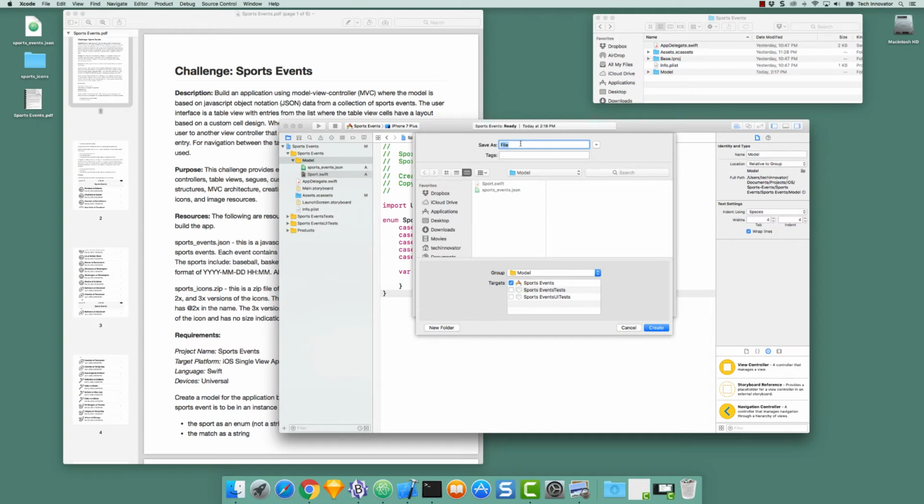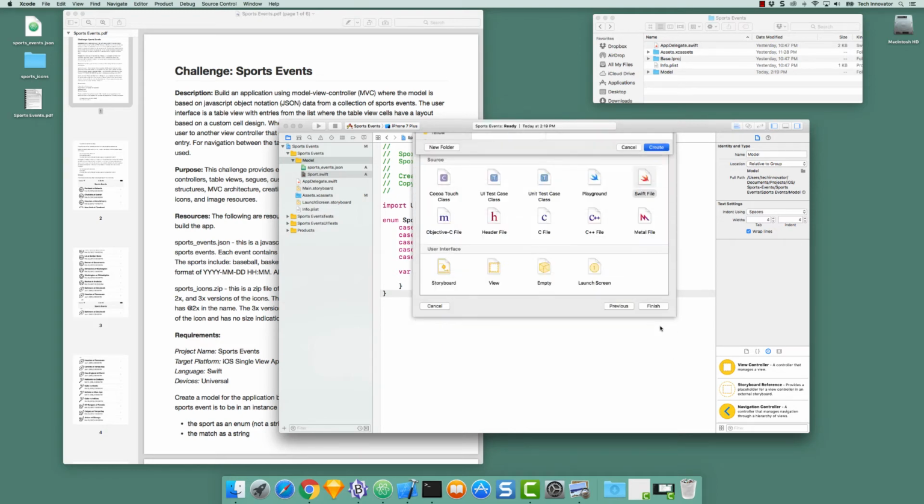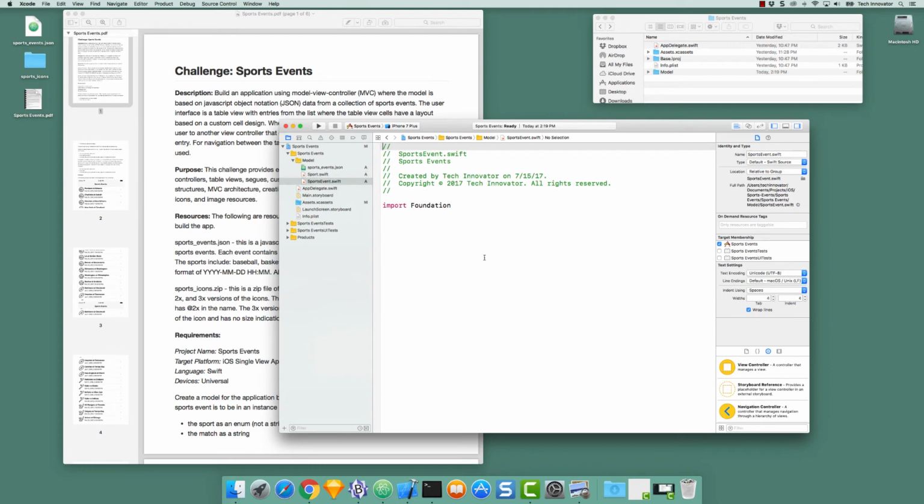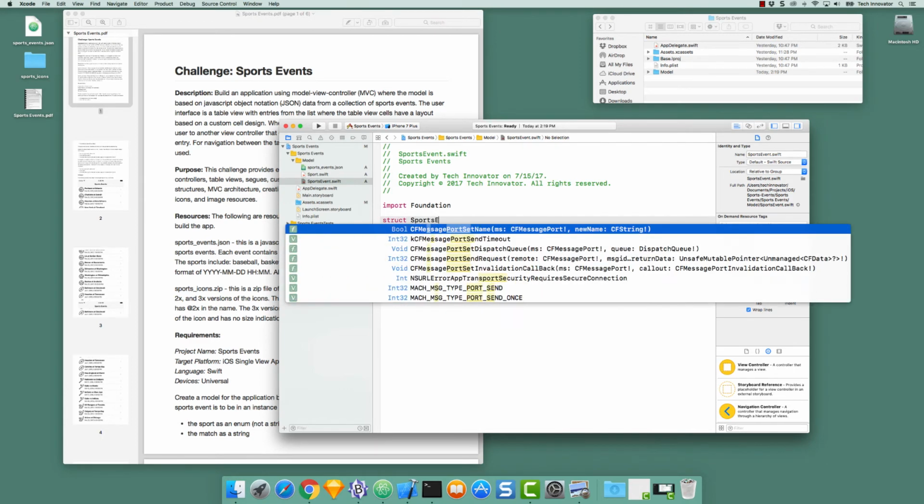So I'm going to call this file SportsEvent.swift. The struct is going to be called SportsEvent,